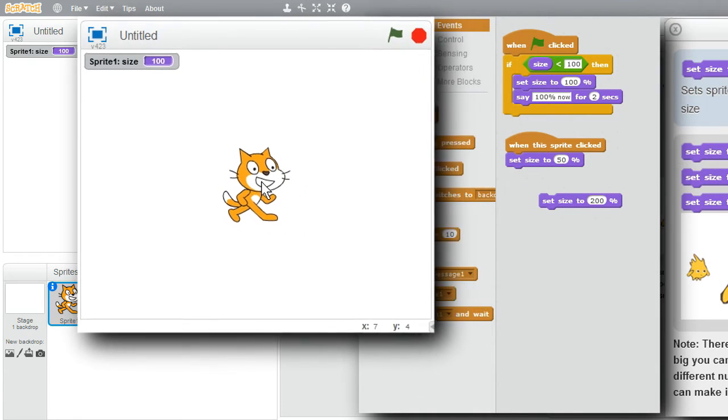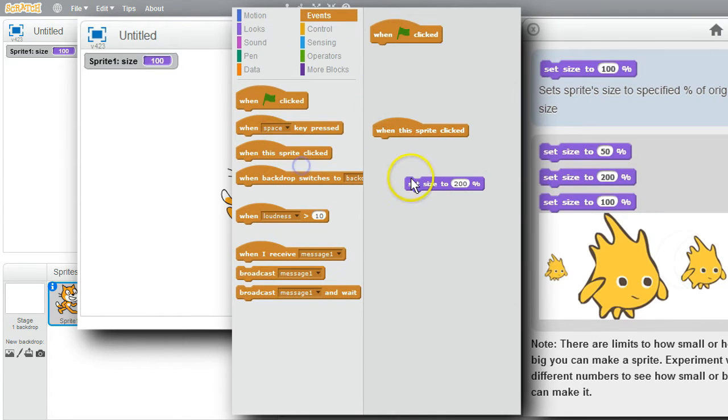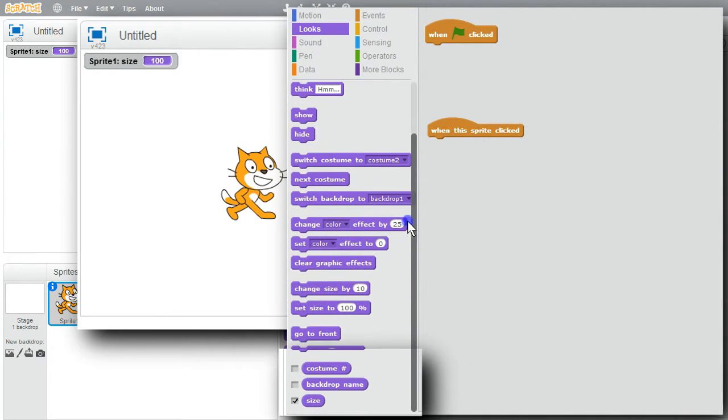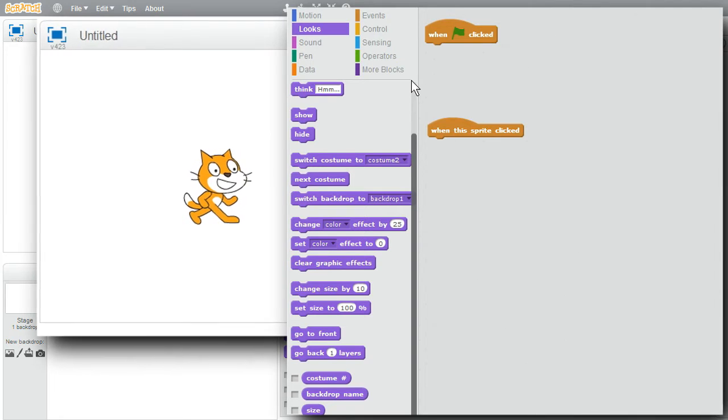I'm finished with this example now. I'll get rid of the if, the set size blocks, and the help. Don't need size anymore. Back to looks, scroll down. I'll uncheck size and it disappears from the stage. And I'm ready for my next example, where I want to make the sprite visible if the user says he